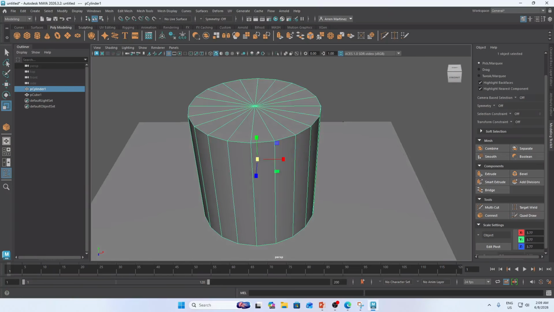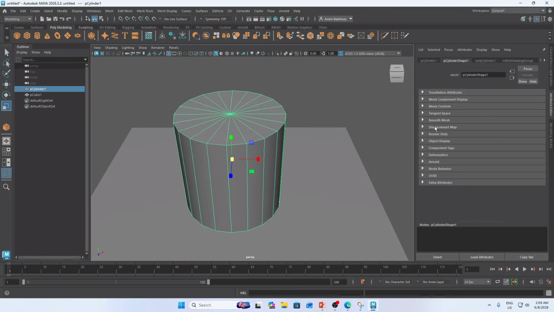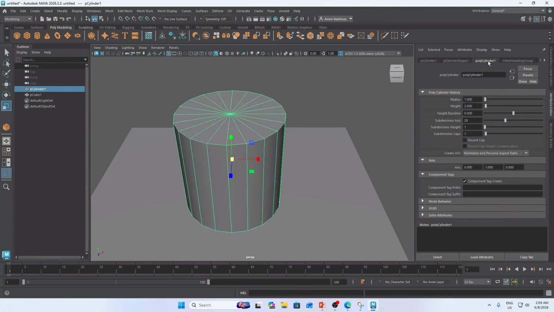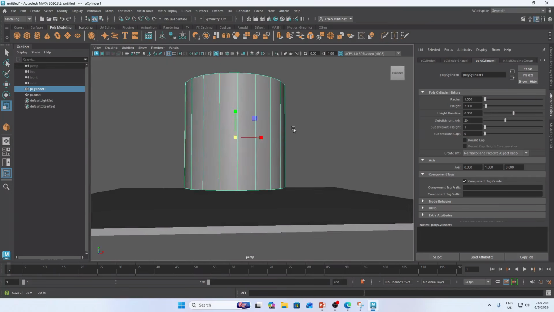So I will go into the attribute editor, polyCylinder1, and then in subdivisions caps, just turn this to 0. Like this.